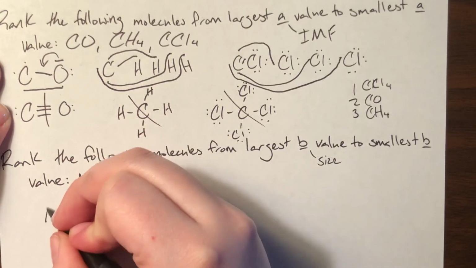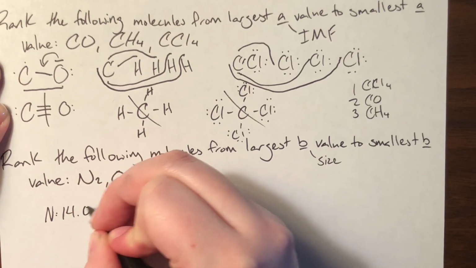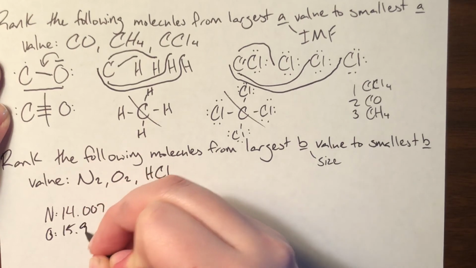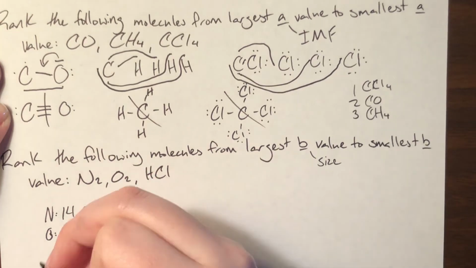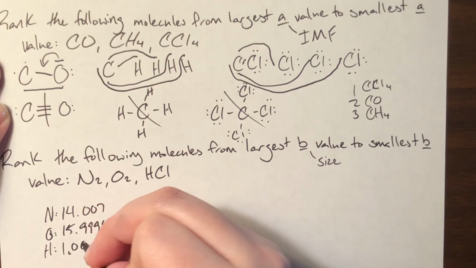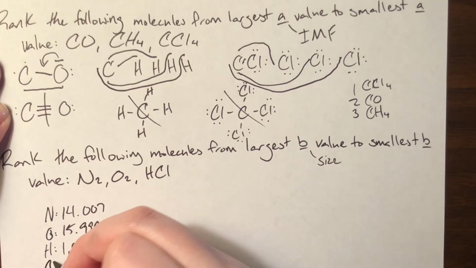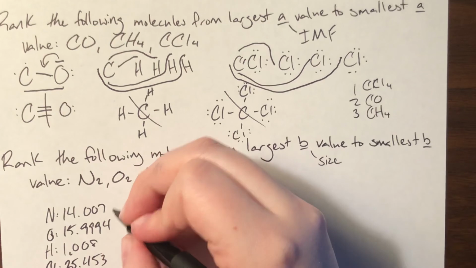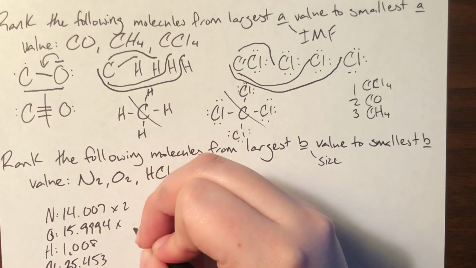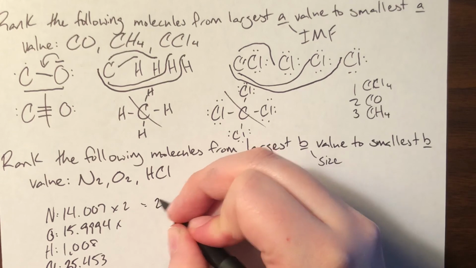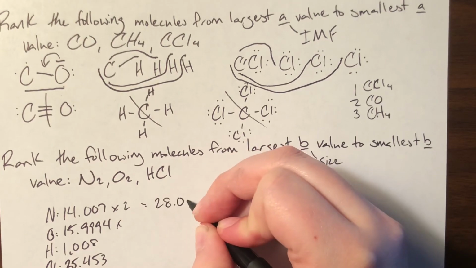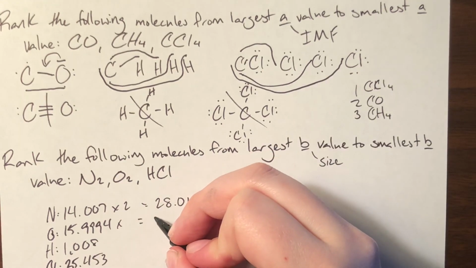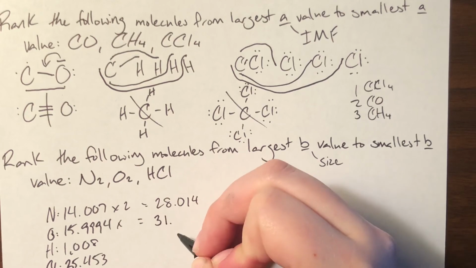So N's mass is going to be 14.007. Oxygen is going to be 15.9994. Hydrogen is 1.008, and chlorine is 35.453. So the N is going to end up being multiplied twice, which will give me a total mass of 28.014. Oxygen is going to end up being multiplied twice, which will give me a mass of 31 point,